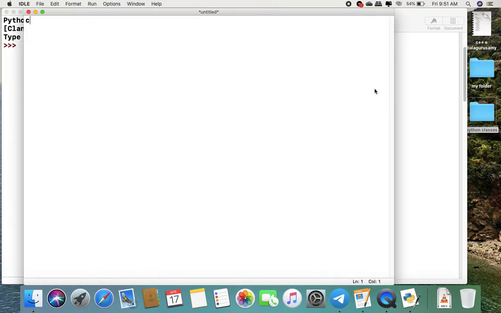First of all I write the class keyword and whatever class name you want to give. In this particular example, I give class Maths followed by a colon. Whatever variables we want to declare in a class, we declare here: a equal to 0 and b equal to 0. These are known as member variables because they are declared in a class. Now we create a function, def add. We create def input.